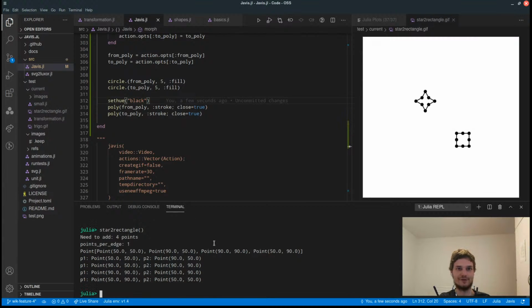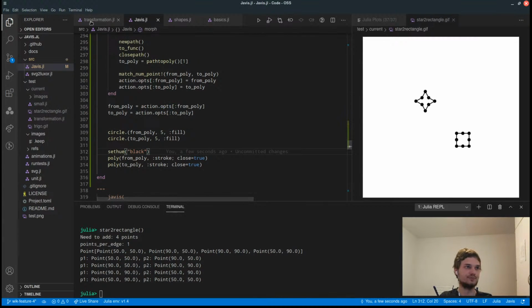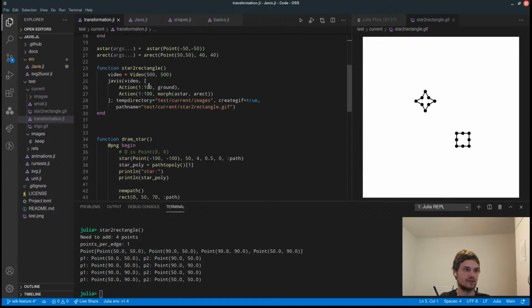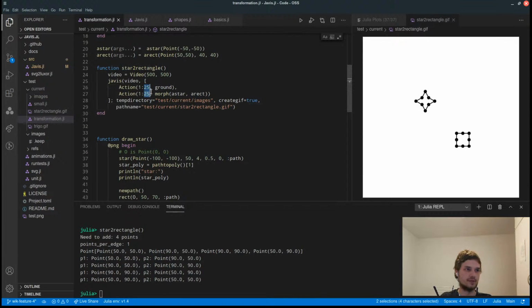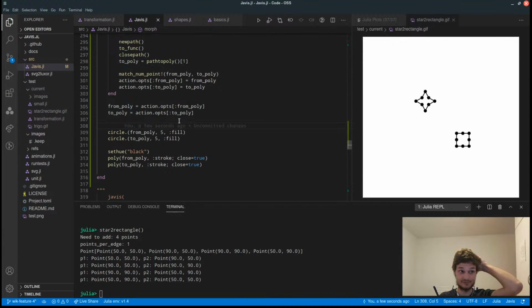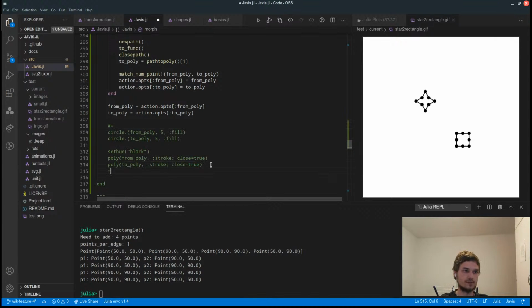Yeah, maybe 100 frames is not the best choice, but yeah, actually let's change that. Also, it should be, I think, 30 frames a second. Okay, let's maybe change it. And then if it works, we can increase it as we wish. Okay, so